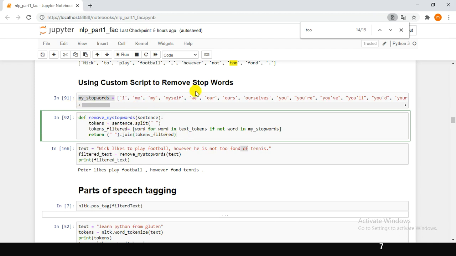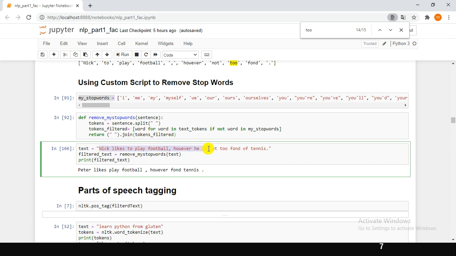Here we split each and every element of the text, and then by fetching each and every element, we cross-check with the list. If the element of my text is not the same as a stop word, then output the value. So that is what we are doing.